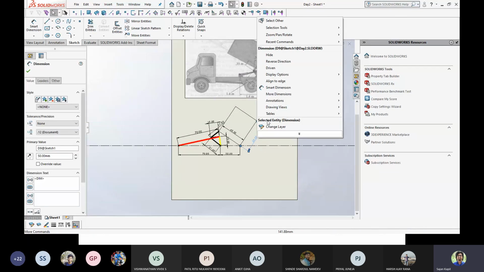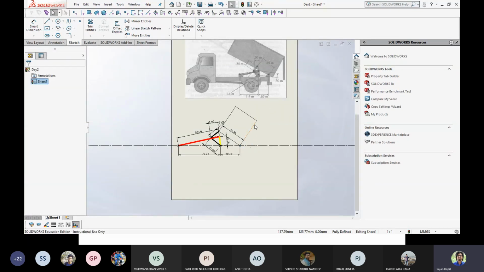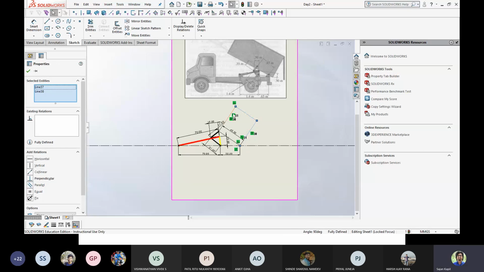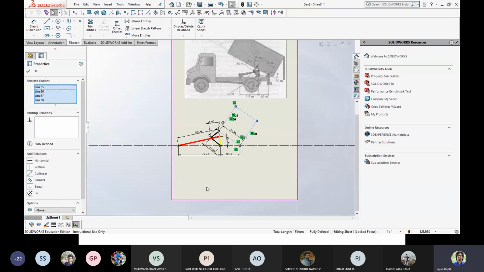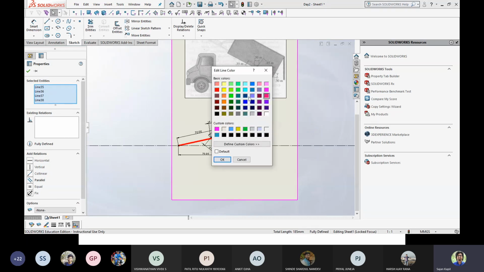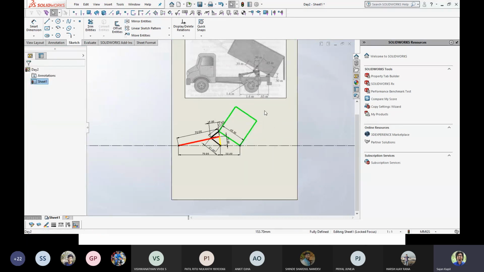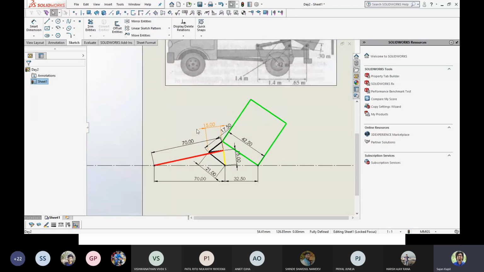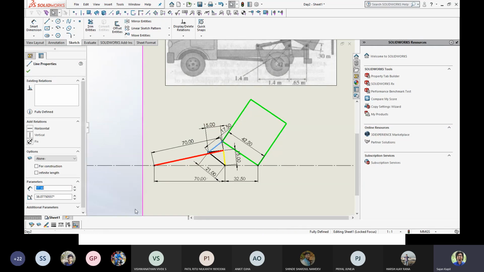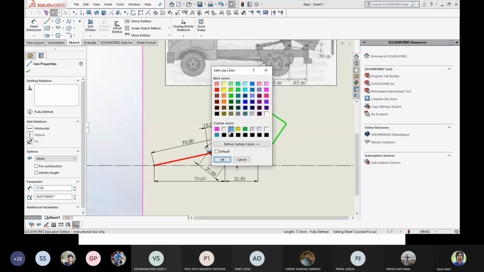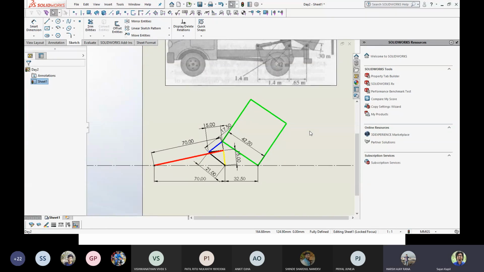And this is not really of our interest, so I'll just hide this. What I want to see is some good color to this particular thing, and I'm going to give maybe a green color to this. Fine. Isn't it clear to you, all of you? Any doubts in this? Harsh? No, sir, no doubt. No doubts, right? Fine.